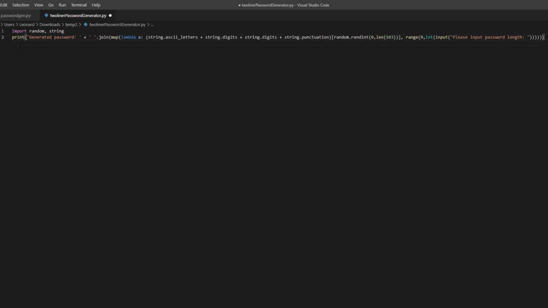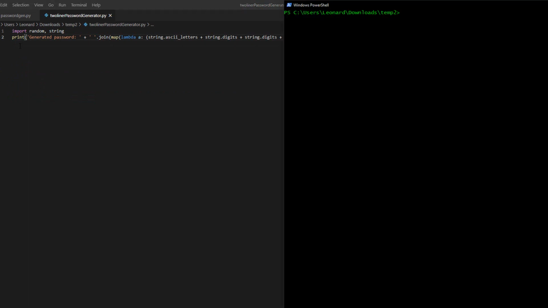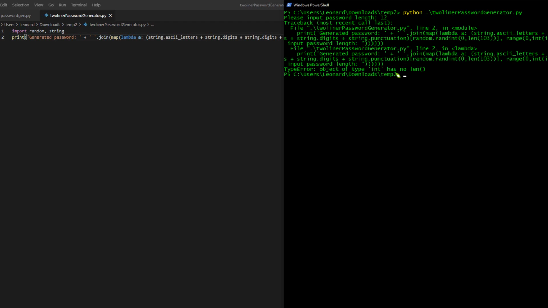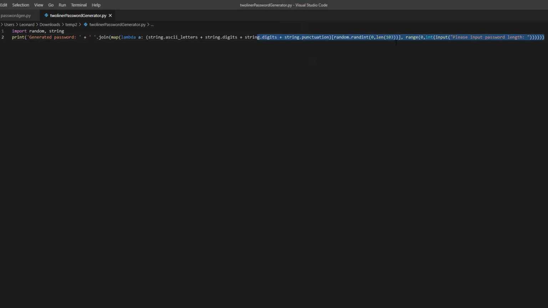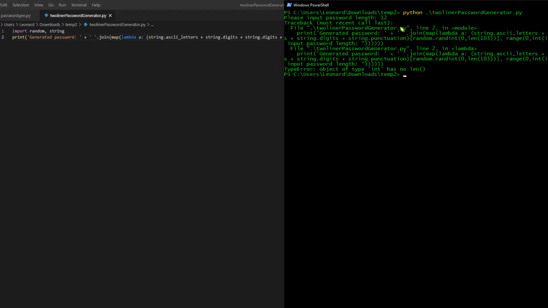So if we save this, and we go into our terminal and say python 2-liner, it's going to ask us for the password length. Now in this case we do not have exception handling, so it will break if you enter anything other than a number. So we're just going to say 12. And this length here was not supposed to be there. That was my fault. Okay, so if we ignore that little error and do this again,